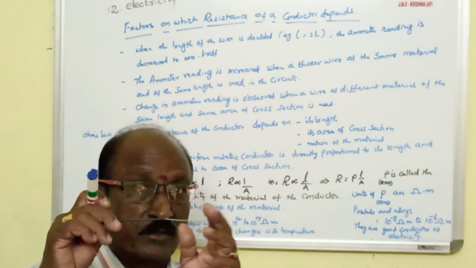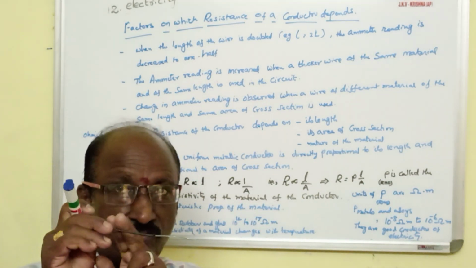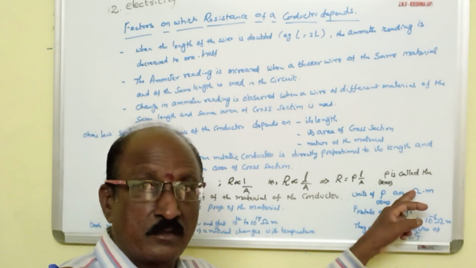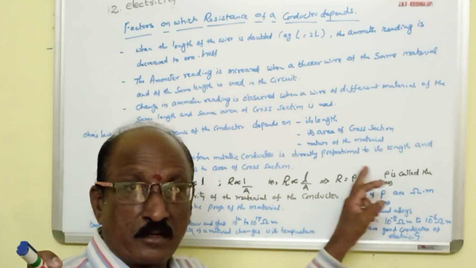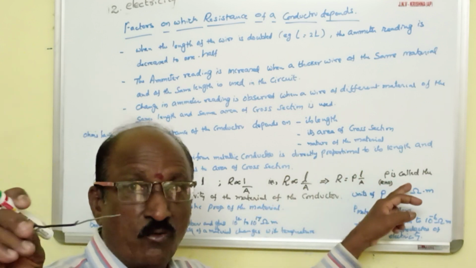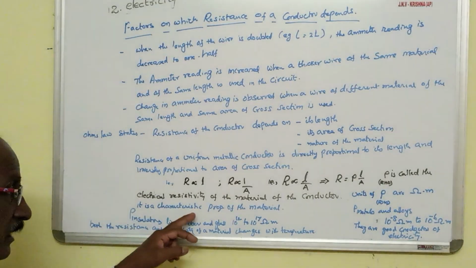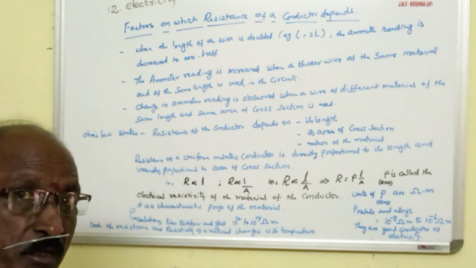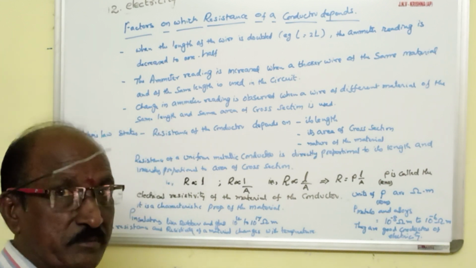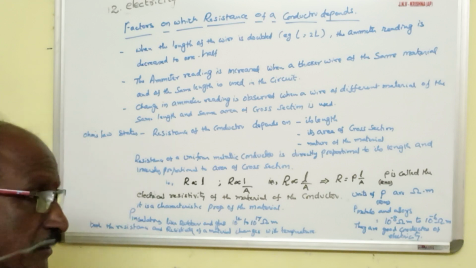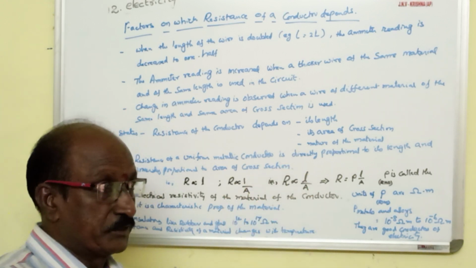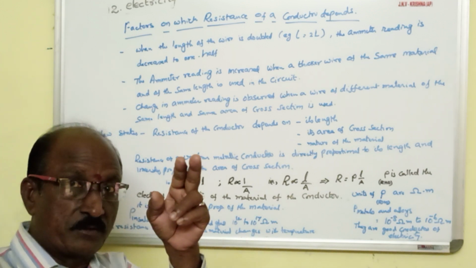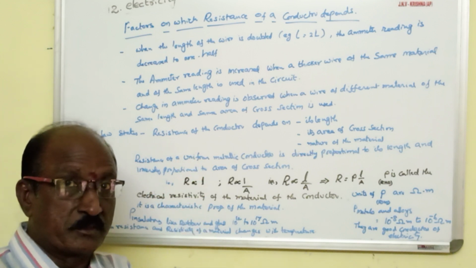That is why meters is in this unit, ohm meters. For a certain length, how much resistance is it exhibiting? That is what the unit of electrical resistivity, ohm meter, represents. It is the characteristic property of the material. It depends purely on the type of material used. In your textbook, after this page, you can see a table in which the electrical resistivity for different kinds of materials is presented.